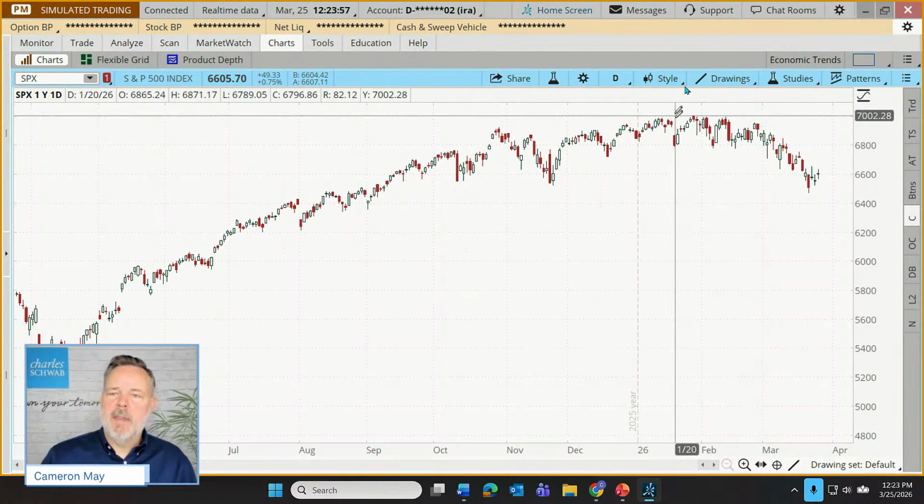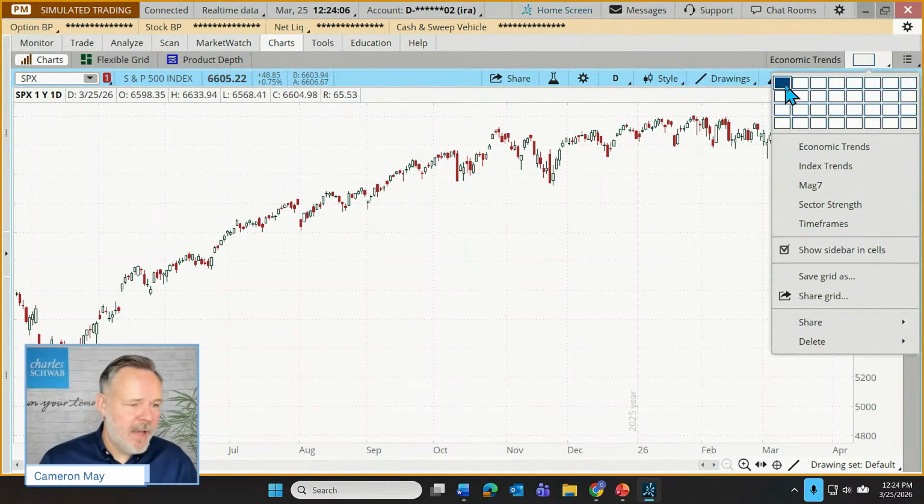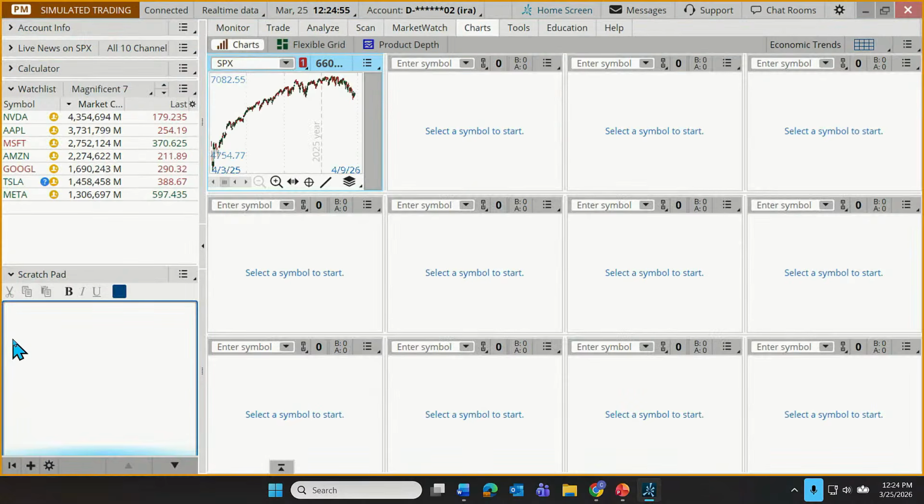Yes, let's replace the other one. In any case, now let's load up our 11 different sectors. All right, now you were asking about a time saver here. Here's a time saver.